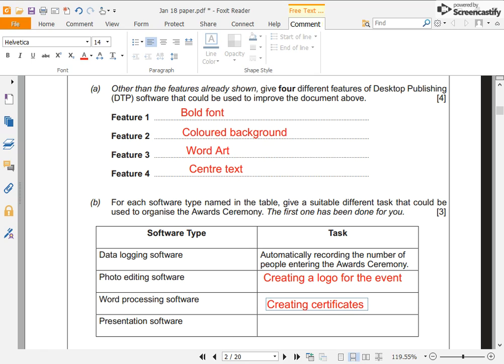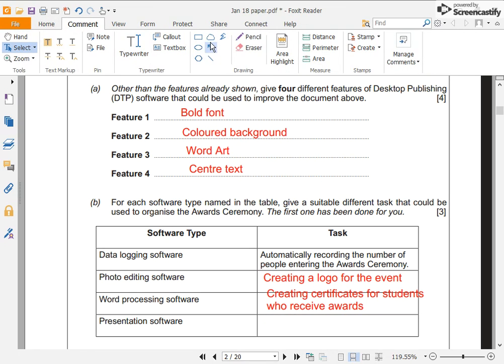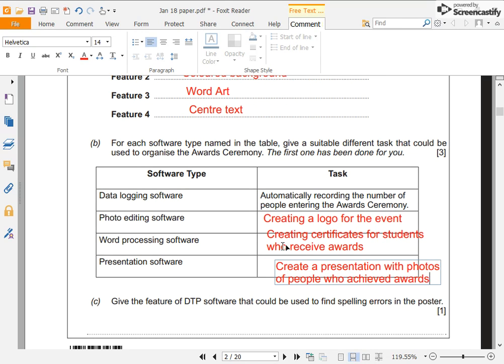for students who receive awards. Okay, I'm going to click that. And presentation software. That could be used to create a presentation of the people who achieved awards. So a presentation with photos of people who achieved awards. Okay, so you can see there, I'm not just writing logo or advertise, I'm actually going for it